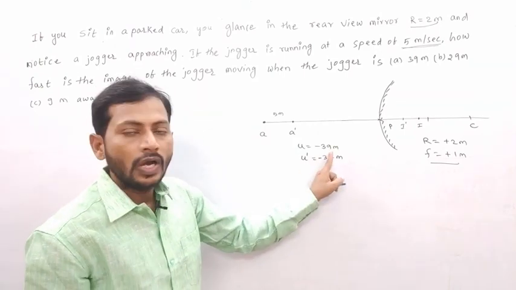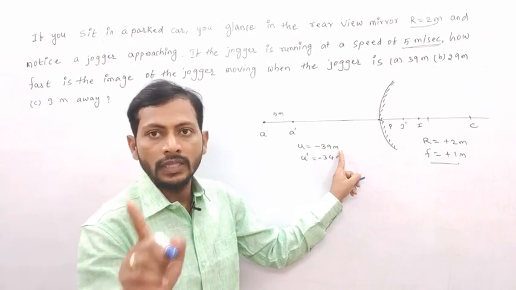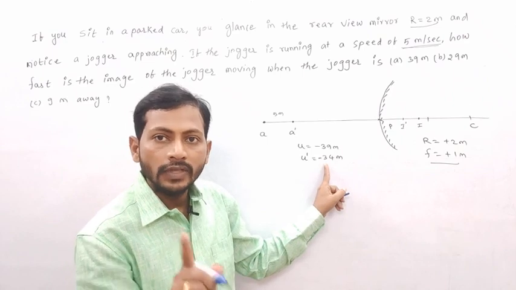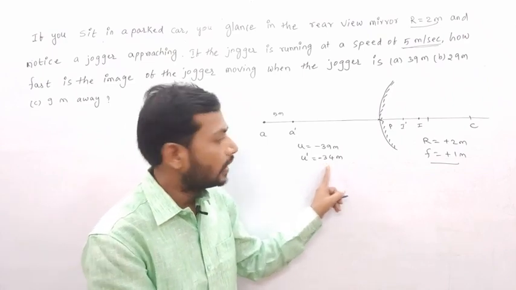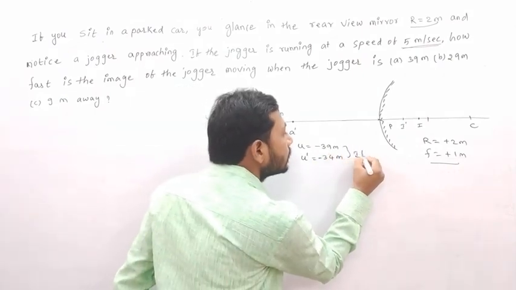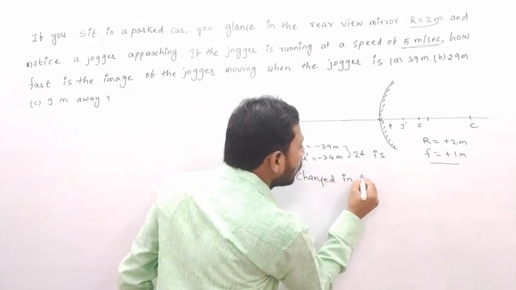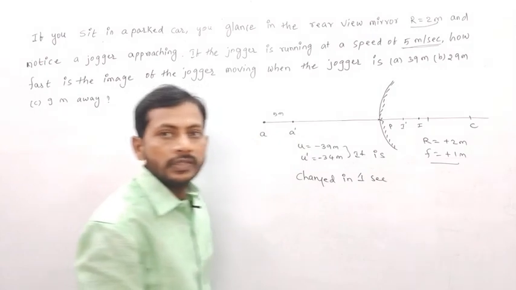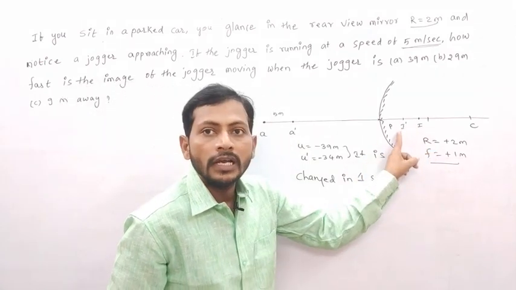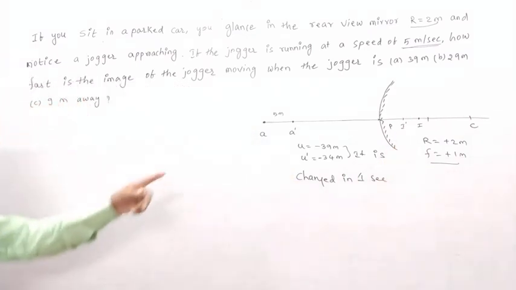So now, first we have to find the distance of the image for 39, which will give you one v. Again, you have to find the distance of the image for 34, which will give you the other one. This distance traveled changed in how much time? It changed in 1 second. Therefore the change in displacement of the image is also in 1 second. Then that is called the speed of the image. So please try to apply that concept and do it.